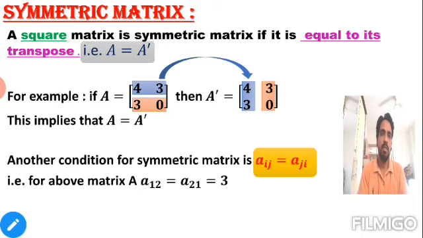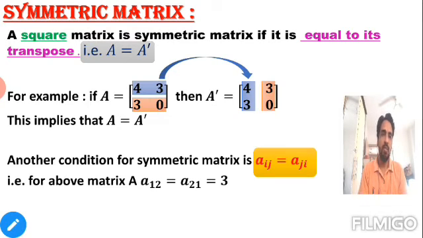Let's understand by an example, A, consisting of 4 elements: 4 3 3 0, of order 2 by 2. And just see as I change the rows and columns, if I write the 4 3, this horizontal row, as a vertical one 4 3, and 3 0 again column-wise, then you will find that both look the same, means both matrices are equal, nothing has changed. That's why this type of matrix is known as a symmetric matrix.